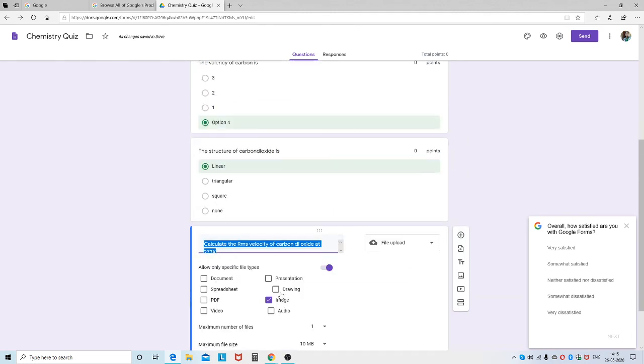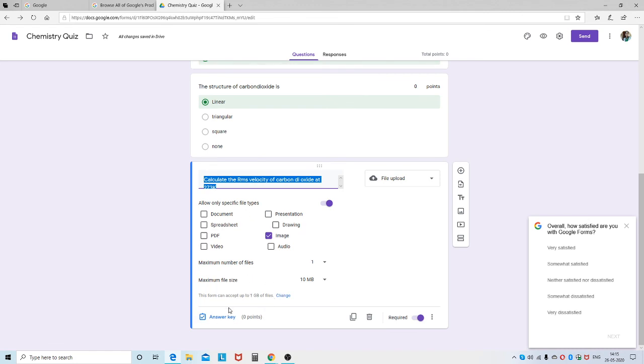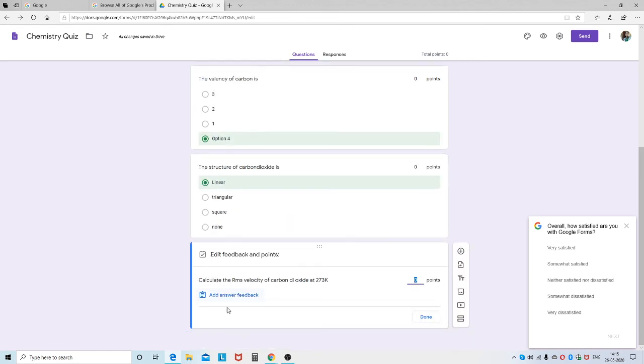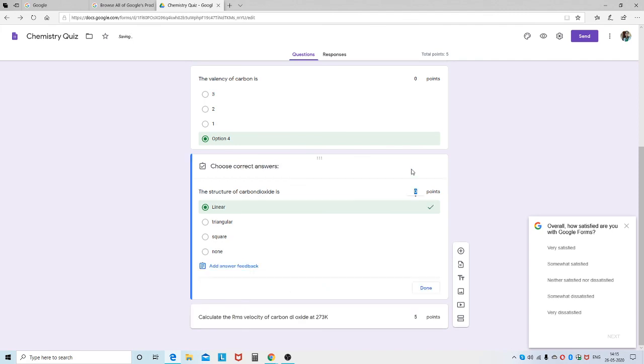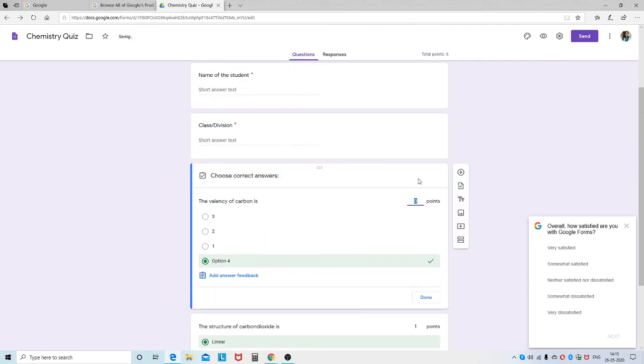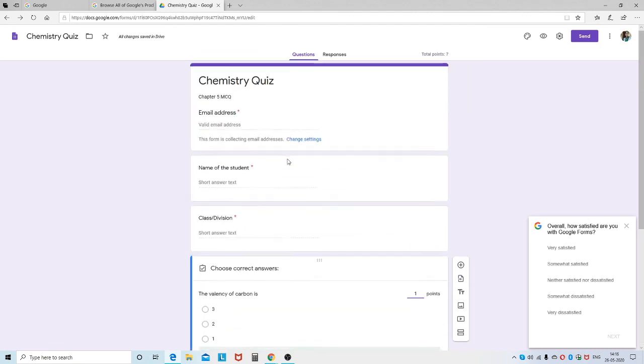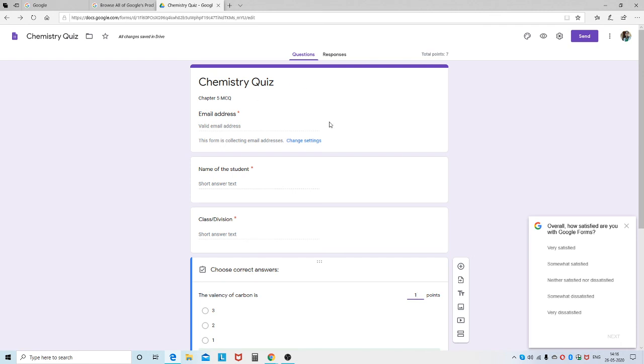In this final question, we can give the answer key for the RMS velocity, which we have done by means of this particular file upload. We can give some marks; for this one we can give 1 mark, assign the points. In this way we can assign the question. Now we have finished all these sections.